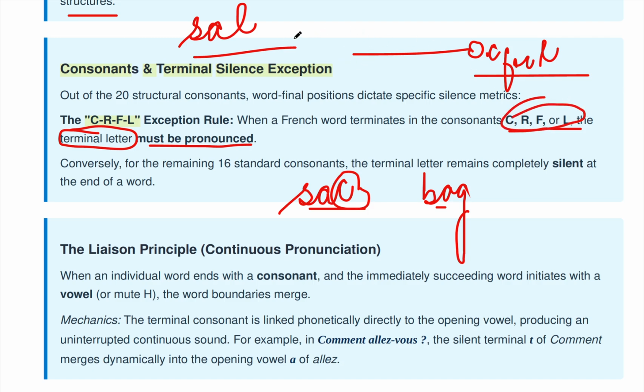Supposed I say SAR. So now we're gonna pronounce it like SAR or not? Exactly, we are gonna pronounce it. Okay, now let me give you one more example. If it would be like